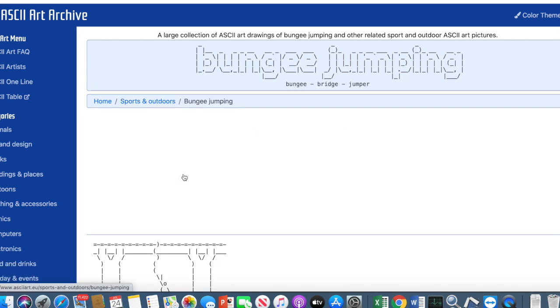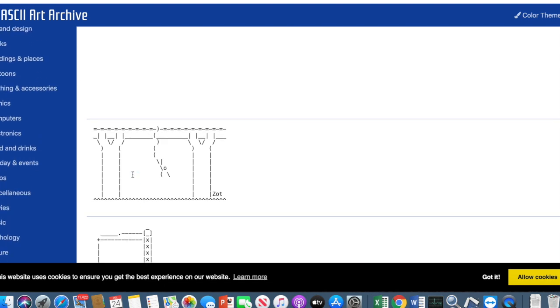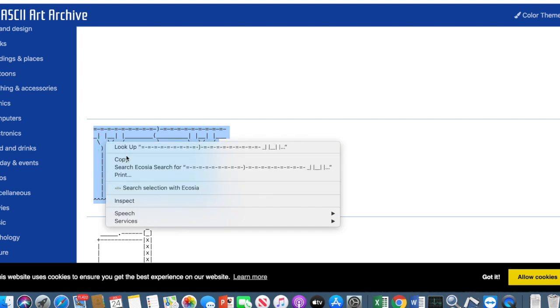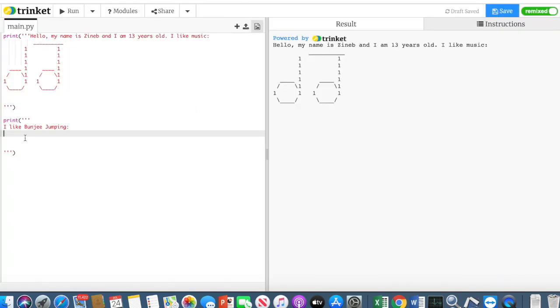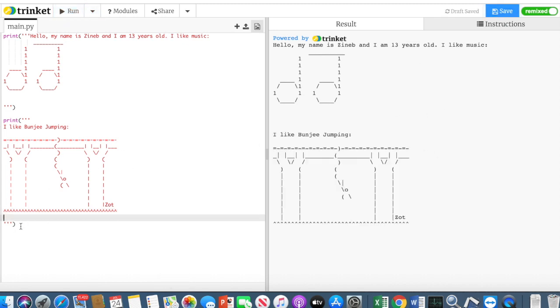Let's say bungee jumping. Never actually tried it, but oh well. I like bungee jumping. Let's pick one. Oh, I really like this one. Oh, that's really cool, the grass at the bottom. Okay. I like bungee jumping. And there you go. Let's do 3 more, and then we'll move on to how you can do calculations using